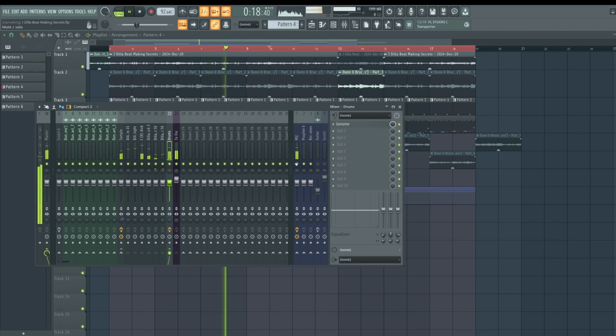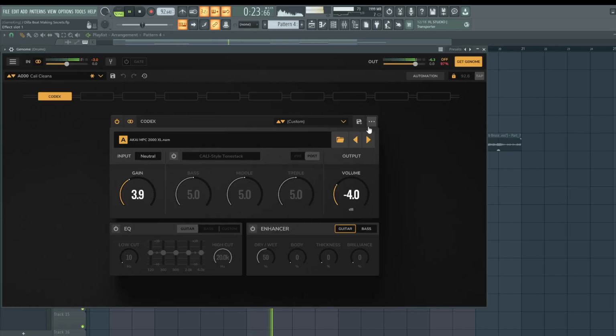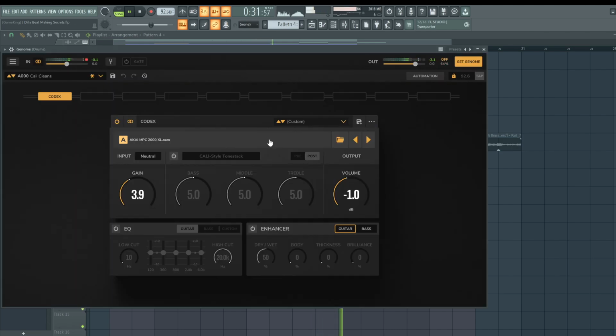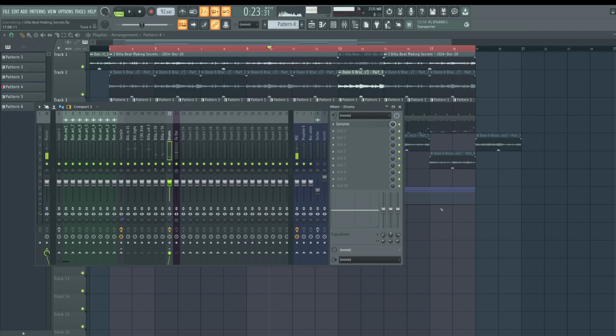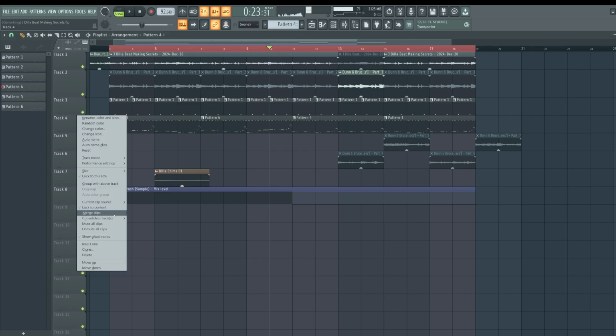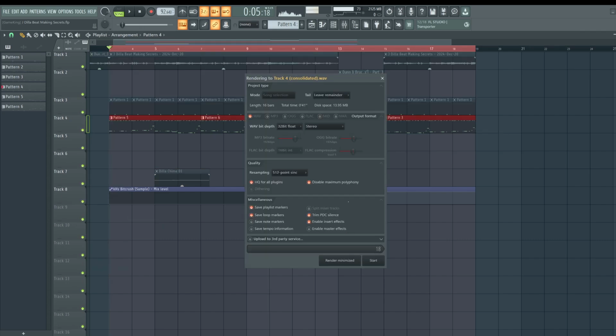It does clip here and there, but it sounds pretty cool. Now that MPC 3000 weight on that is crazy. It is a little heavy-handed for this beat, but it sounds crazy. I also like the tape recorder one. Let's print this to audio. This may take a little bit, so let's print.